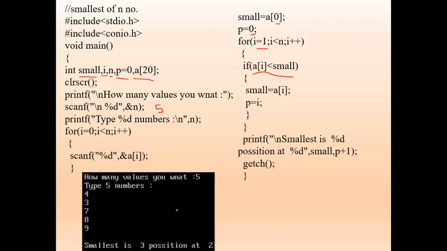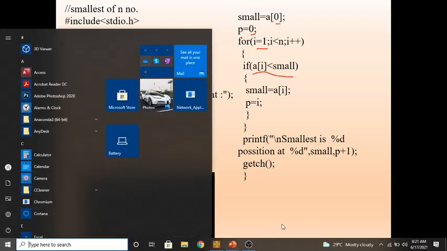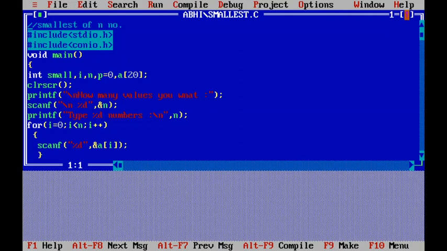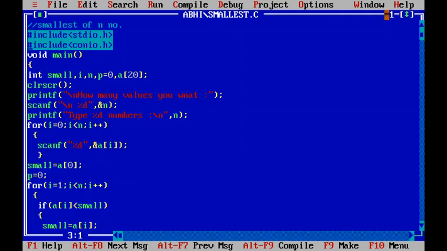Let's go to the execution. So this is the program. We are using the same program that I have explained.